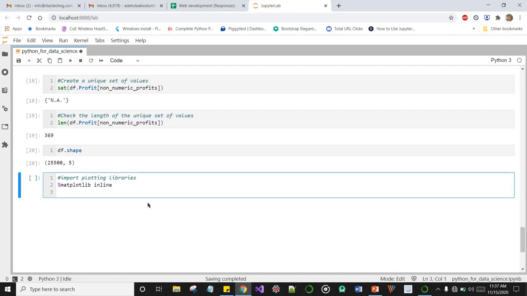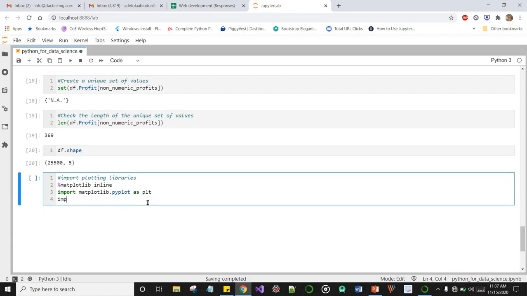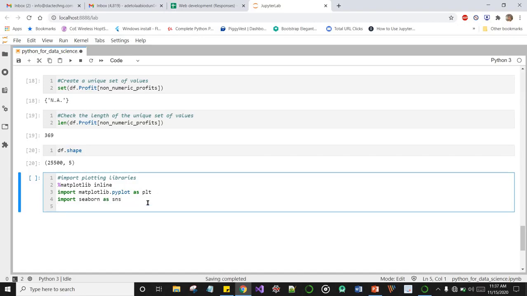Okay, and we can now import matplotlib.pyplot as plt. And another beautiful library I love to use is Seaborn. Import Seaborn as SNS, and we can now do SNS dot set.